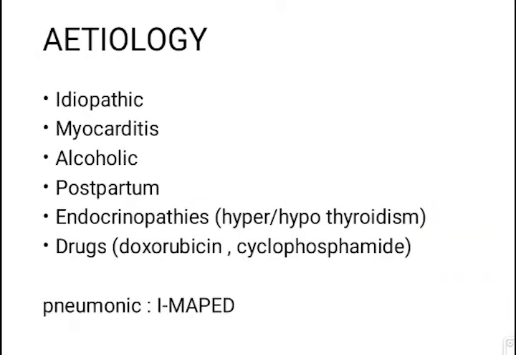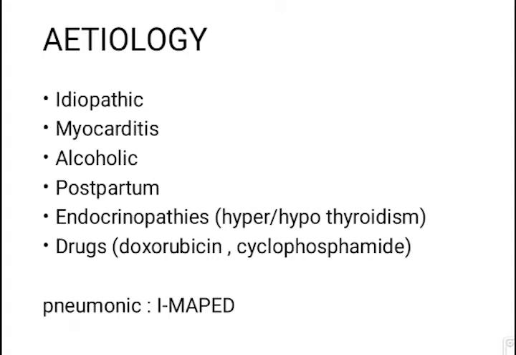Let's see the causes which lead to dilated cardiomyopathy. First is idiopathic. Idiopathic mainly involves the genetic causes. The exact gene localization has not been done yet. Myocarditis, mainly Coxsackie-B virus, which causes the destruction of the muscle cell proteins, will cause thinning of the ventricular walls and eventually lead to dilated cardiomyopathy. Same principle goes for alcoholic and drug induced causes. What happens in the postpartum period is that the heart has exaggerated its work function during the delivery time, because of which it will be weak.